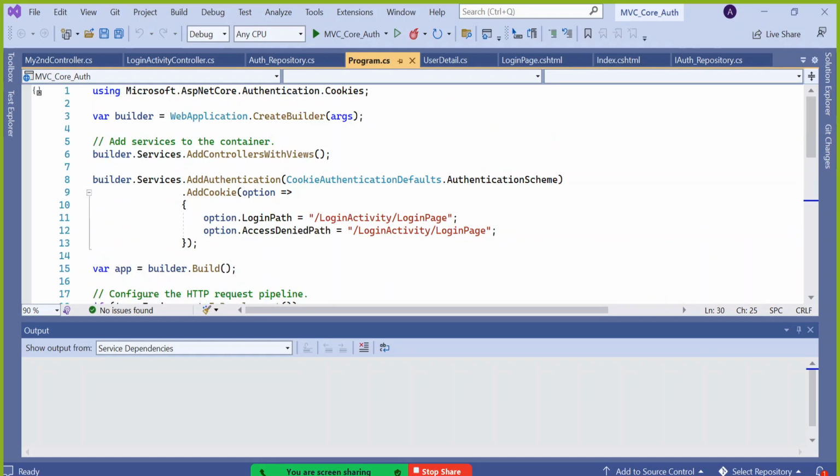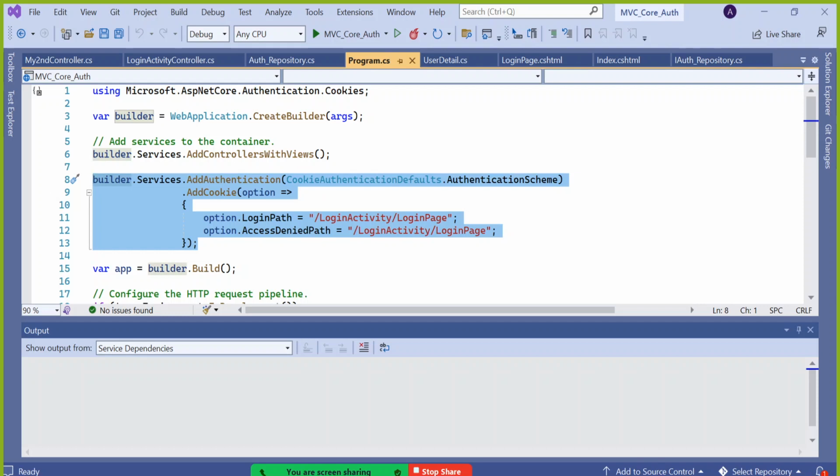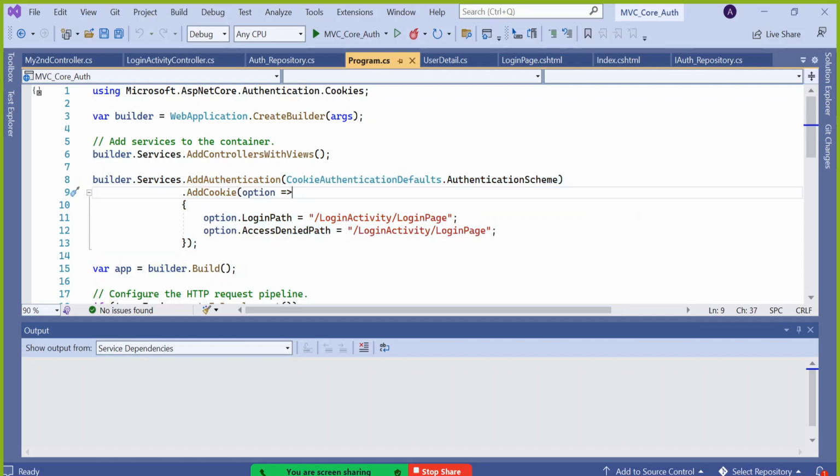And one more thing, you have to activate the cookie also. Okay, so line number 8, have a look. I have activated the cookie. Cookie is deactivated by default in MVC Core, but in MVC 5 and before it was activated by default, right? Since it is an on-demand feature, that's why they said you have to activate it manually. So builder.Services.AddAuthentication, this one you have to write,